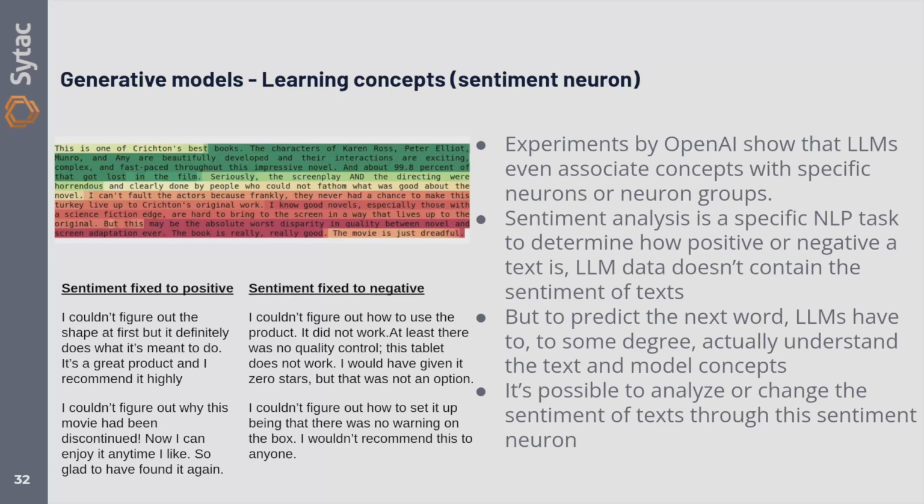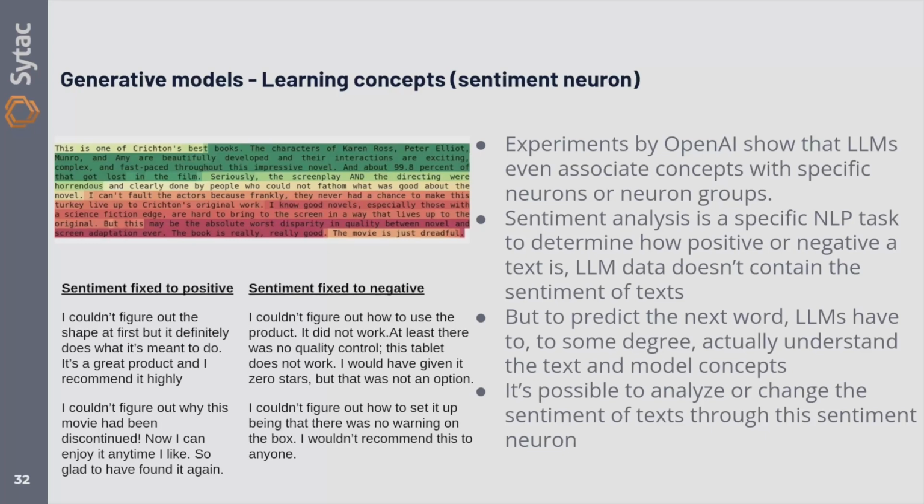Okay, so what sentiment analysis basically does is it classifies text. It's one of the early natural language processing tasks, where we want to see if text is positive or negative, if we're cheering for someone or booing them, right? So it's good for analyzing reviews, to see if a product review is good or if a social media post is super negative. That is sentiment analysis. Large language models don't have sentiment annotation, so no one is saying, hey, this is a super positive text or a super negative text.